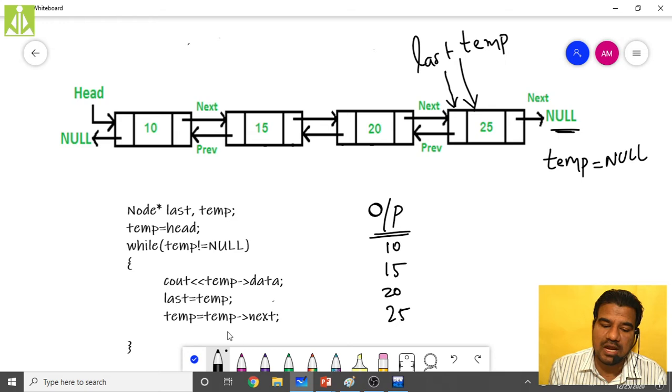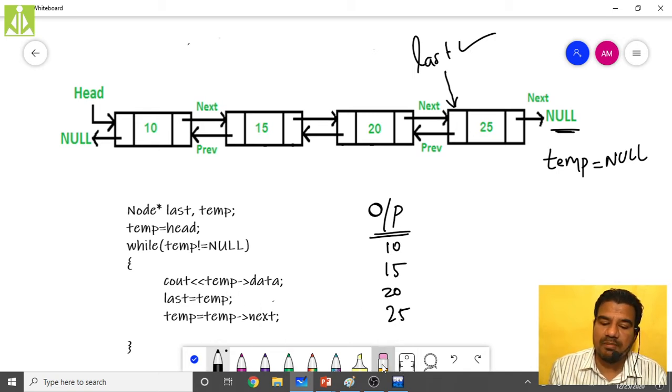If temp is null, it is not going to point anywhere, so remove this temp. That means temp has left the doubly linked list, but your last pointer is still pointing to the last node. So now we can make use of this last pointer to write the code for traversal in the reverse direction.